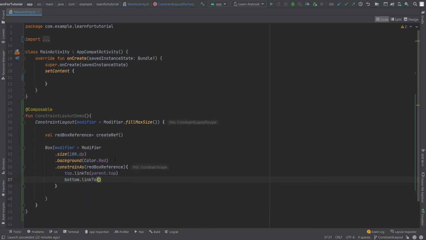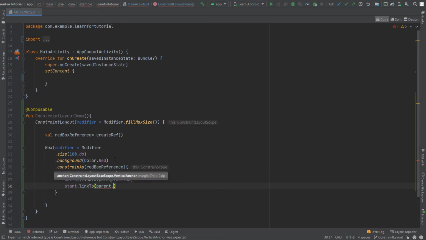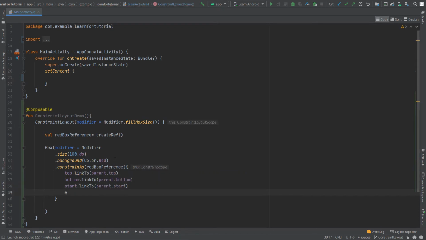Next, I am going to set the bottom constraint to parent.bottom and also start constraint to parent.start, and finally I am going to constrain end to parent.end. I am going to call this function inside our setContent block.